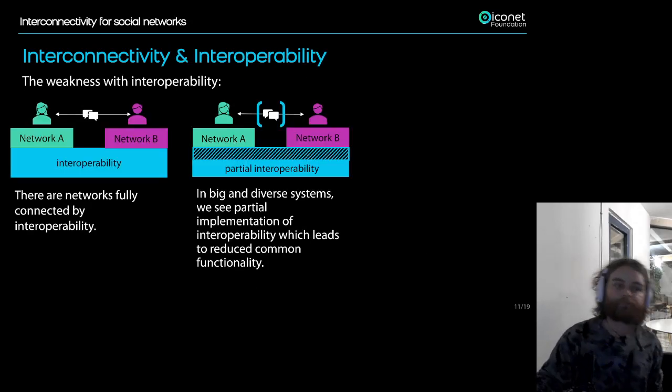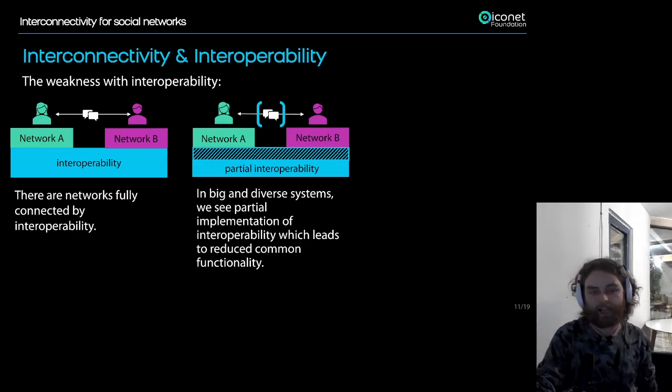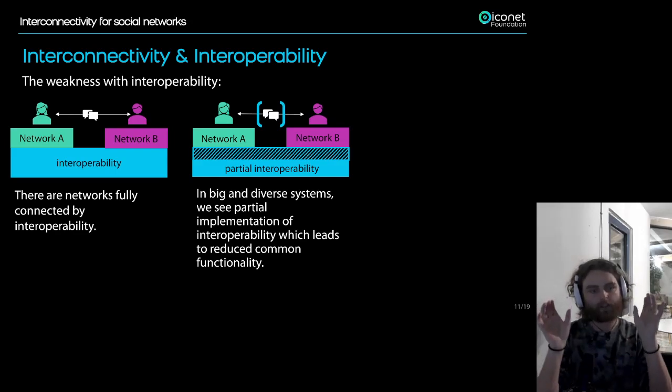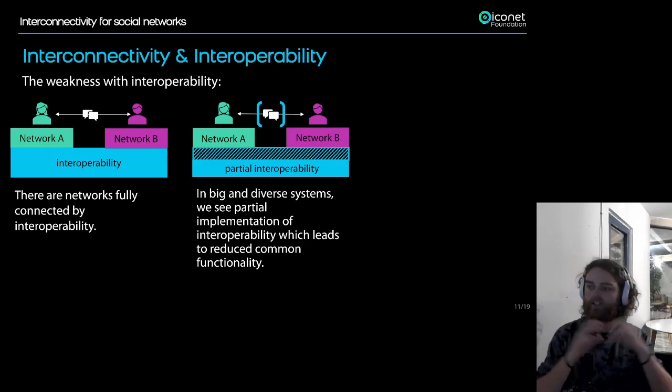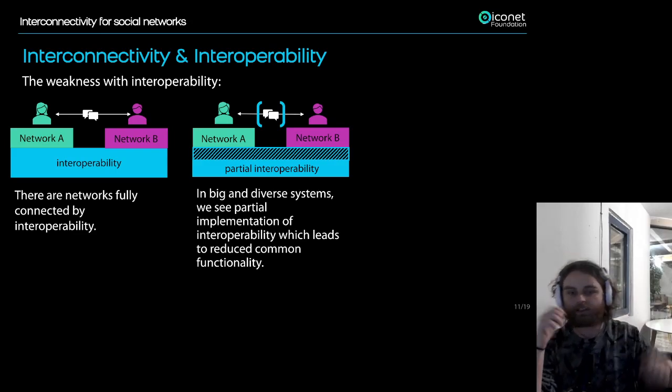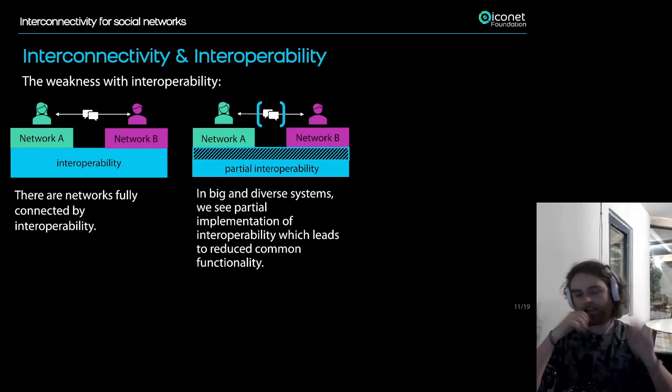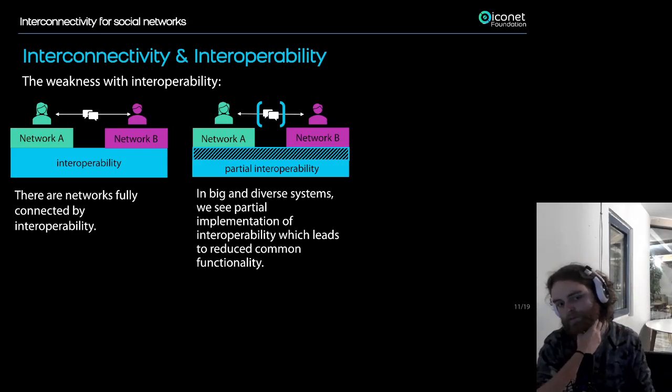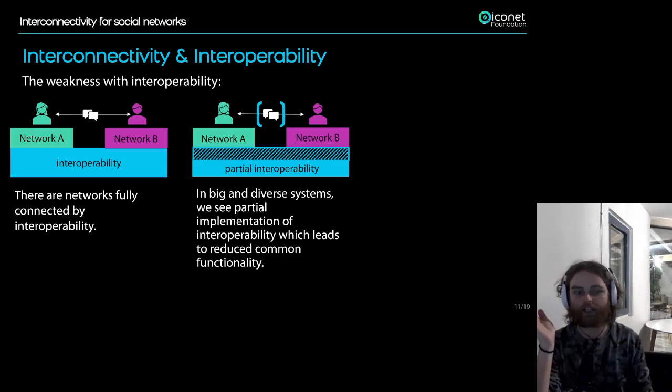Exactly. So let's talk about interconnectivity and interoperability working together. Interoperability is great to connect different networks, to have a standard that helps you transmit any format and any functionality, and then you can work together. But in very diverse systems, there's a problem that if the networks only partially implement the protocol, then already the communication fails.